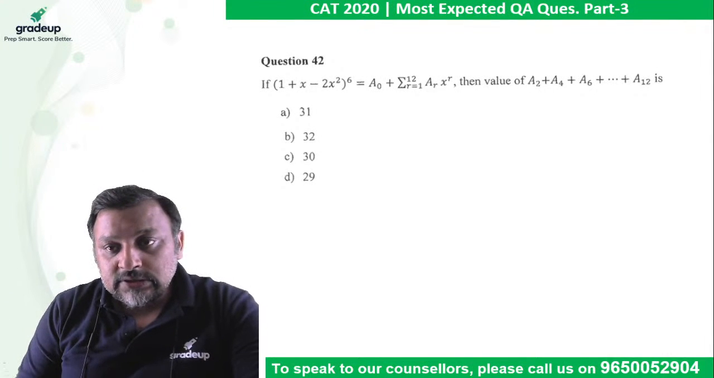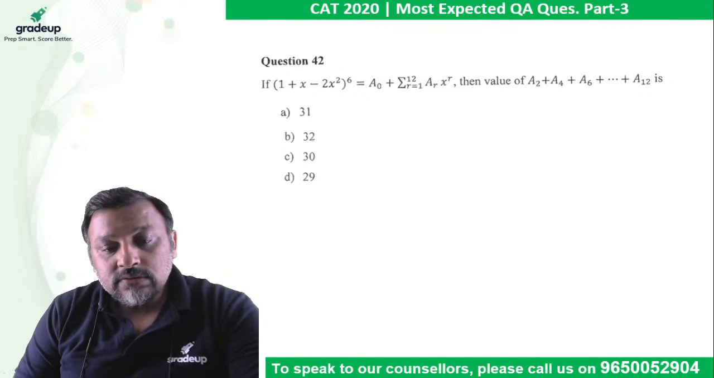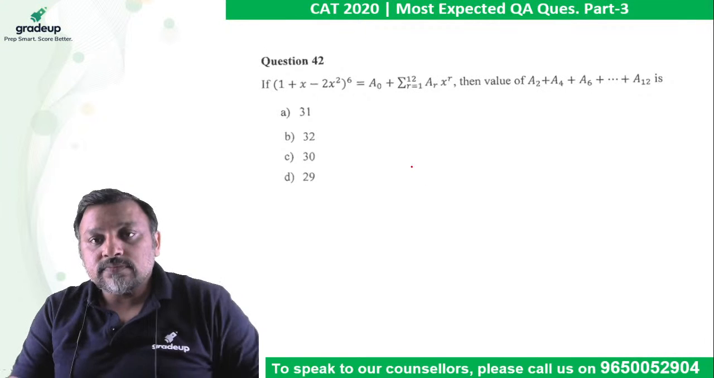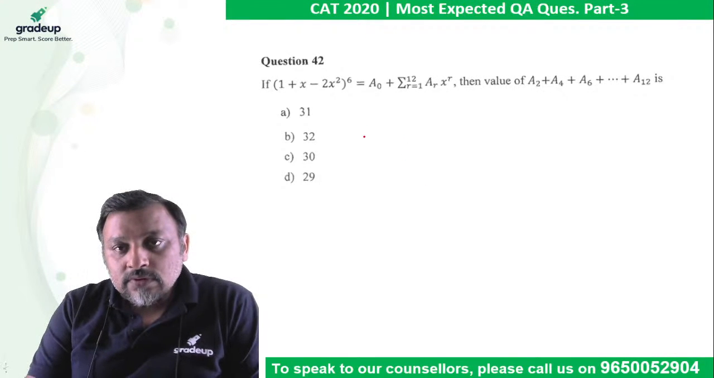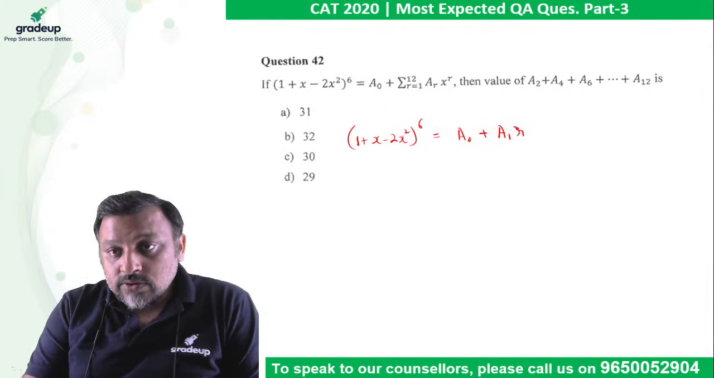Okay, I'm discussing this. This is a pretty simple question, in fact a very standard question. So it is (1 + x - 2x²) raised to the power 6. This is given as a0 + a1x + a2x² and so on till